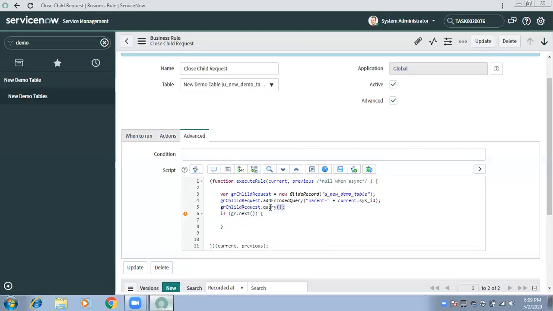After querying, how many records did I get? In this example, just 2, but there could be 100 records I can get, right? After this query, I can get 100 records. So to update them, I need to go to each record and then update it, right? So this particular line will loop me through each record, each of those 100.